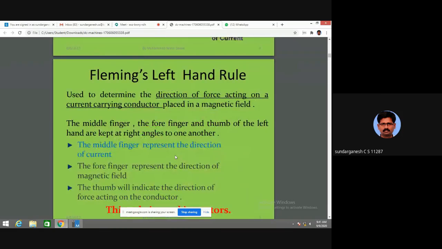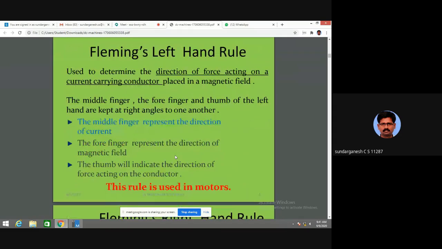So this is the explanation for Fleming's left-hand rule. It is used to determine the force acting on a current-carrying conductor. The rotor only rotates. So the stator magnetic field is constant, and the rotor magnetic field produces another flux. This flux interacts with the stator flux, and a force will act on the rotor, and the rotor will